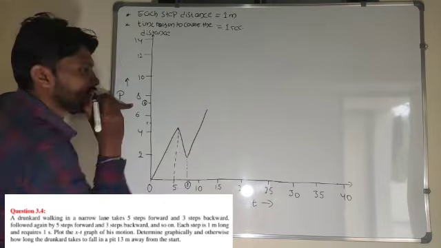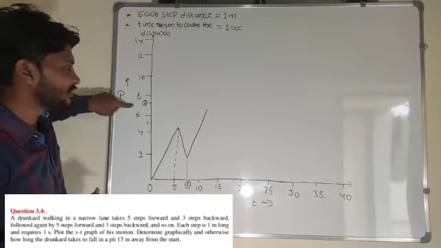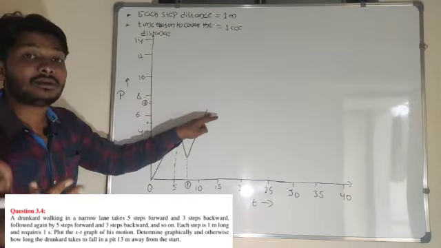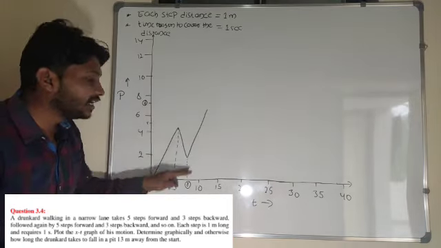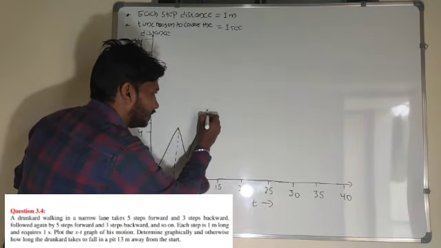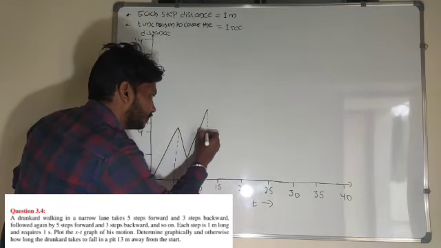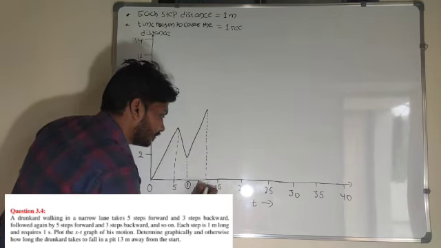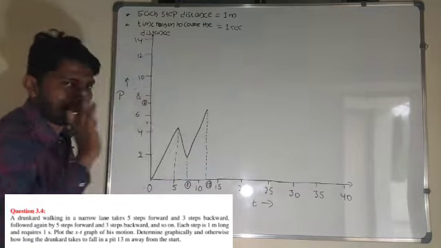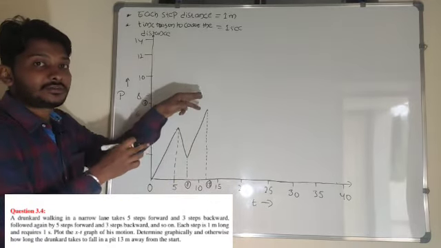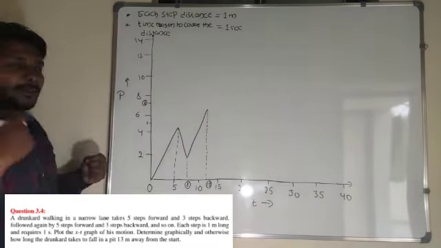So this is 7 meter distance here. So look at here. For covering that 5 steps forward, how much time will he take? 5 seconds. So 8 plus 5 here, that is 13 seconds of time here. So hope you understand. Now after traveling that 5 steps forward, again 3 steps backward here.